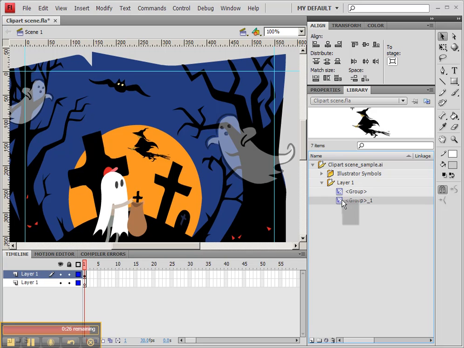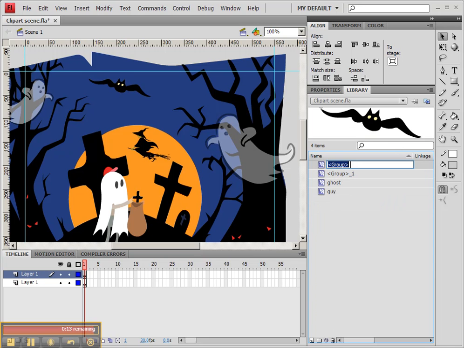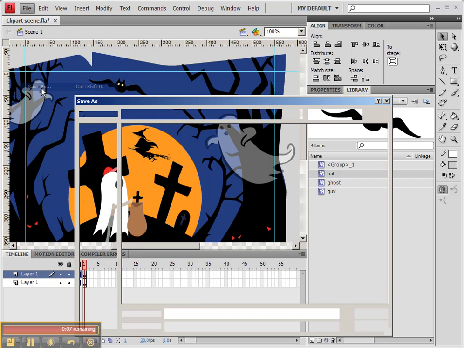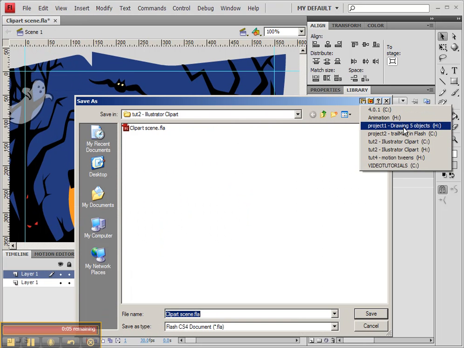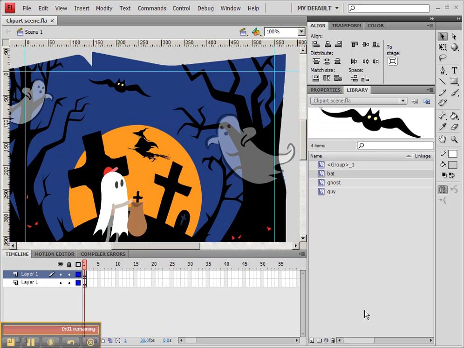Now we click OK, and it imports our Illustrator file into Flash, and you'll see that it's imported all of our symbols. So I like the idea of actually pulling these things out of here, cleaning up my file a little bit, getting rid of the folders, and then I would probably rename these because it didn't do a very good job of doing that. So that's a good reason not to do it. And then save your work in that same folder. So it's on the H drive, clip art. So here's my scene, and the last